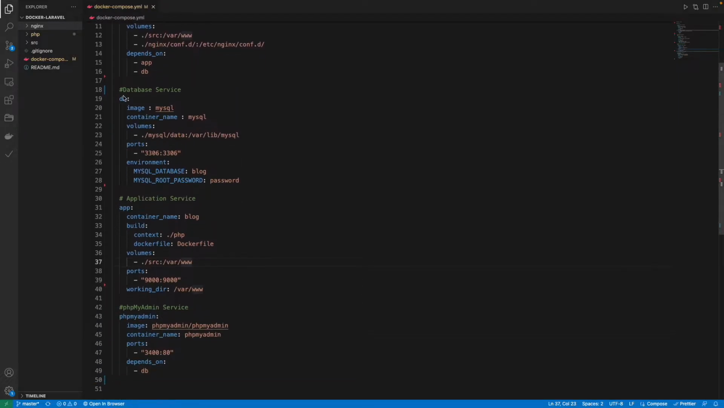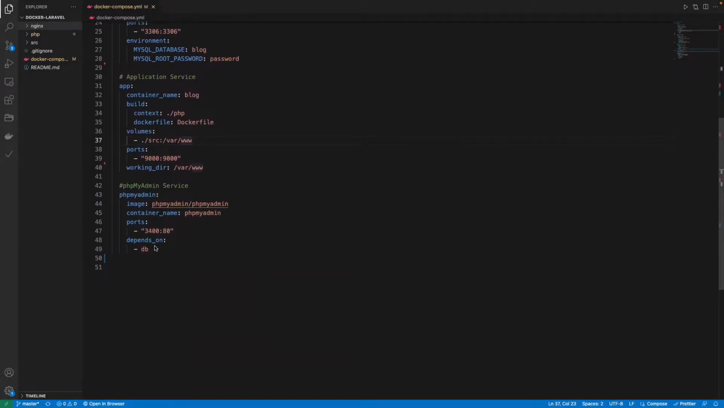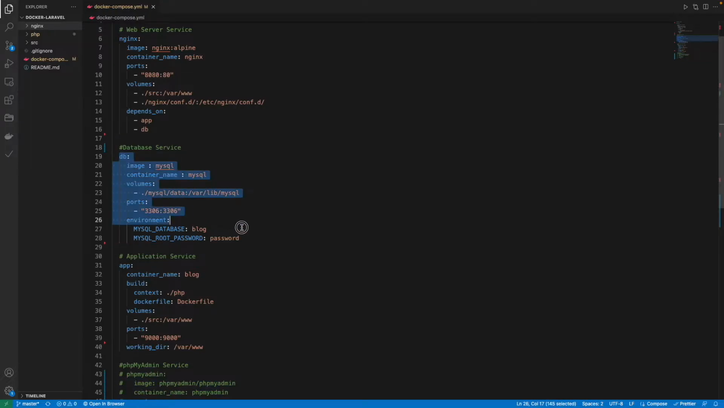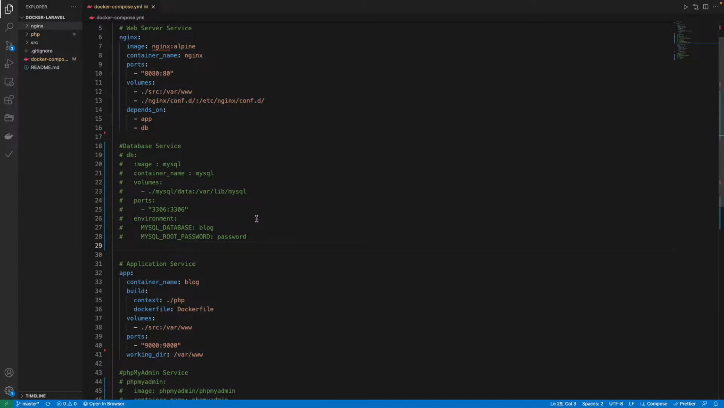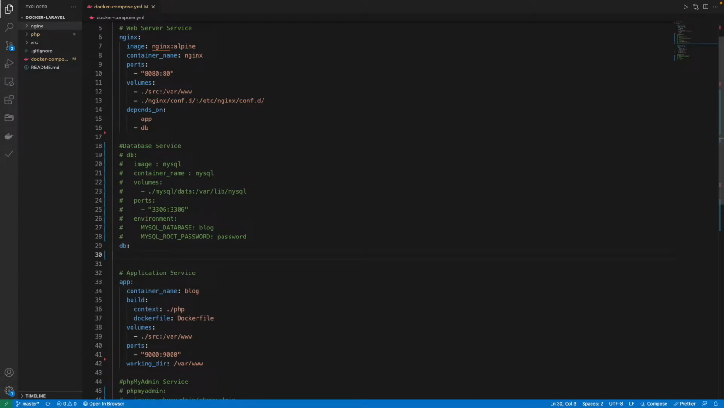As you can see, we have a DB service and a pgAdmin service. I want to comment all these lines of code because we don't need them anymore, but I don't want to delete them because I will push this change to my GitHub account, and it's up to you to choose your database. So let's create a new DB service,